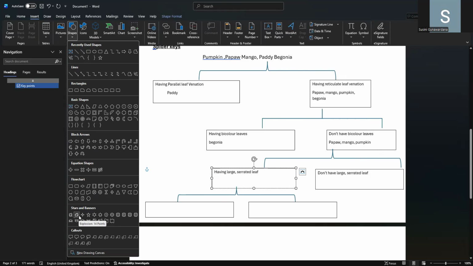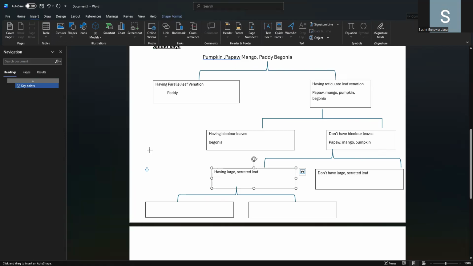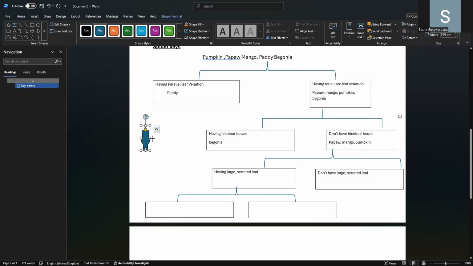We'll take this shape. Maybe you have seen these kinds of shapes in leaves also, haven't you? If leaves have few edges or tooth-like structures, you can call them serrated leaves. So according to this, which leaves are large serrated leaves? They are papaya, and